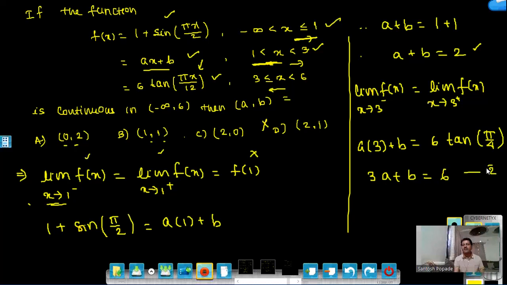So we got this, and solving these two equations you can obtain the answer, or you can check the options also. If you put a and b there, the first equation is satisfied by option A, option B, option C. Okay, but the second equation is satisfied only by option C. You can observe that if you put a to be 2 and b to be 0, C satisfies the second equation, meaning the answer is option C. We got this.